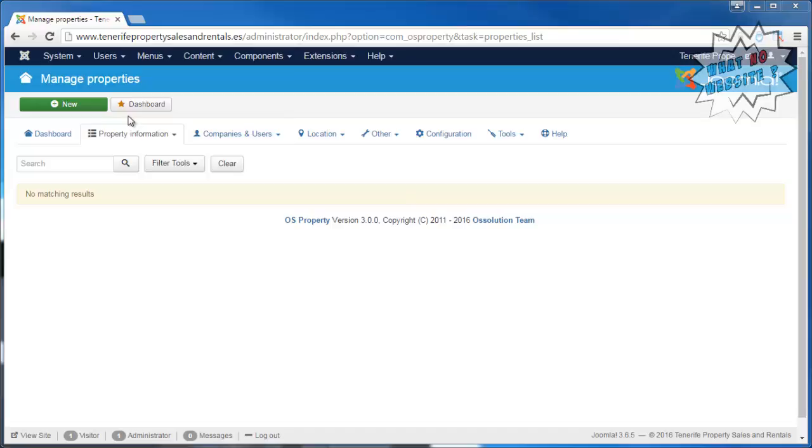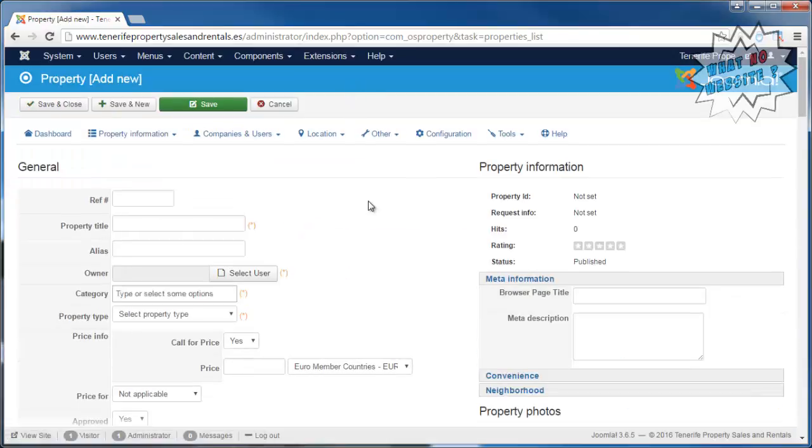Okay, so the first thing we need to do here is click new and add a new property. Now there are certain fields that are required. We can't add a property until we have these fields completed. Property title is an obvious one. However, for optimization purposes, my suggestion would be that you put something very descriptive. So for example, 3-bed apartment in Los Cristianos,